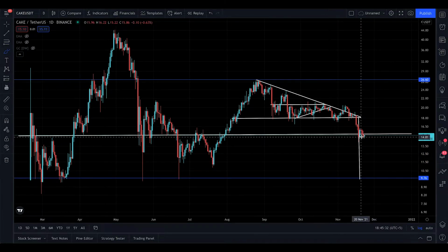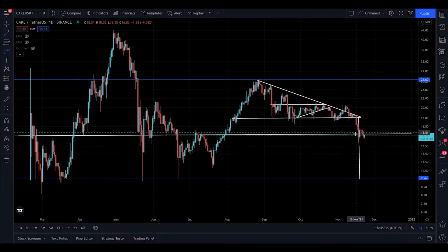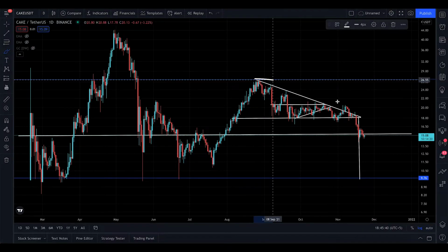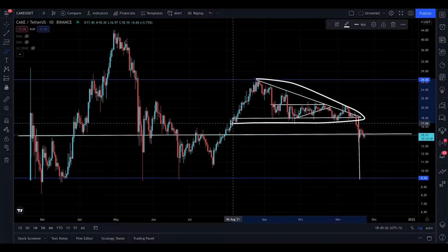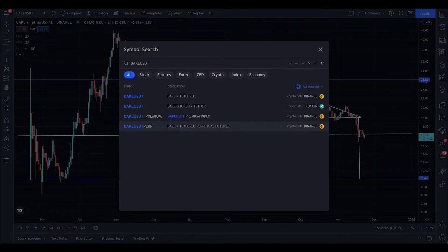And to invalidate this, I'm going to recap everything. You have to cross the $18 with a huge, nice volume. And we're going to abandon the downfall anymore, because this descending triangle will be respected and it is going to play out unless it is abandoned. Now let's dive into